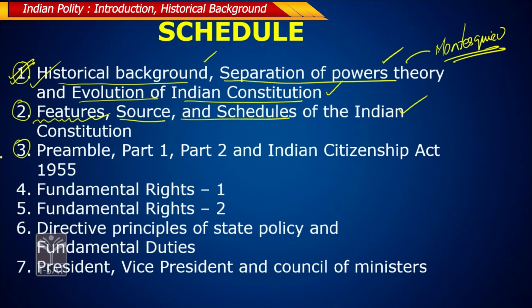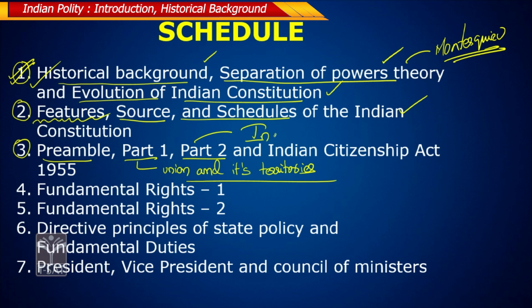Now, coming to the third one, we will be covering the preamble, part 1, part 2. Part 1 is the Union and its territories. We have part 2, Indian citizenship,